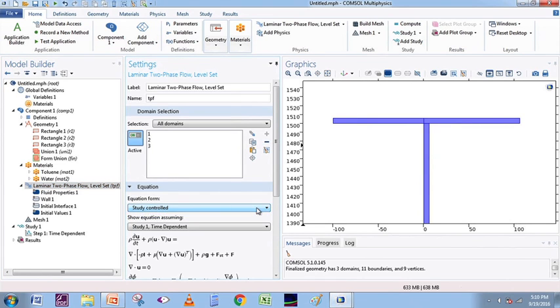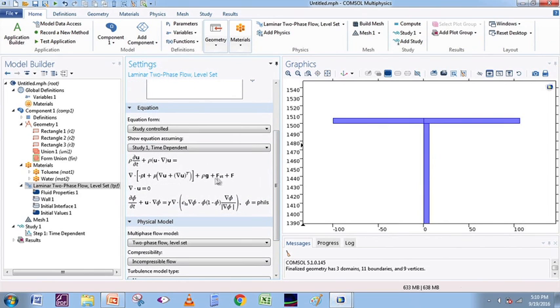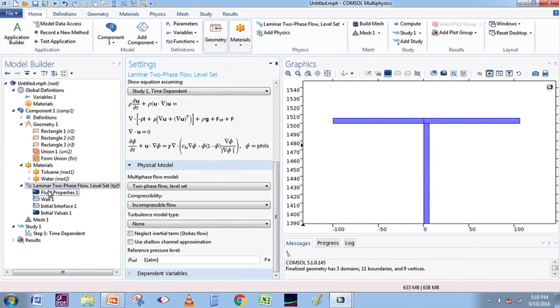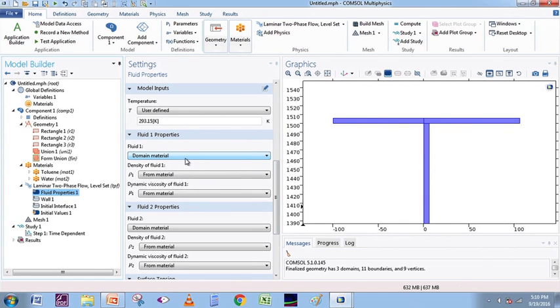In the equation form, we choose study controlled, all the domains have been selected. This is basically a Navier-Stokes equation which it will be solving along with the continuity equation, and this is the level set equation which initializes the level set variable and solves for the interface in the whole computational domain. So, I click on fluid properties. In fluid properties, one very important thing to note is that to avoid any kind of confusion, you should keep the material numbering and the fluid numbering the same,